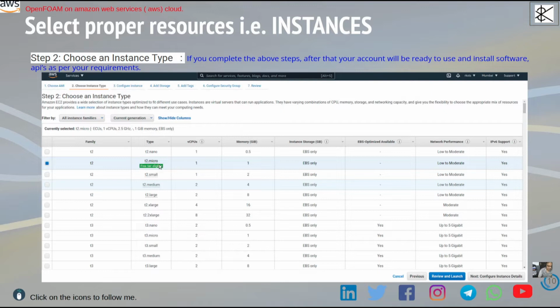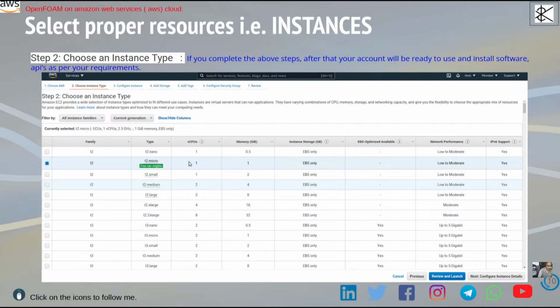But it has its own limitations. This instance has one core and 1 GB RAM. That is the limited resources for this free tier.